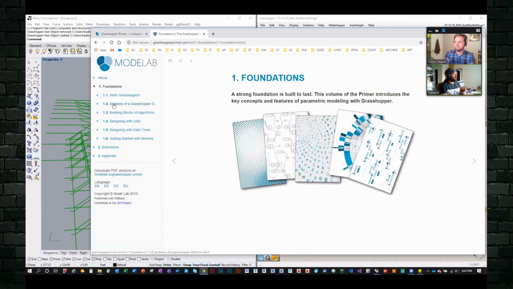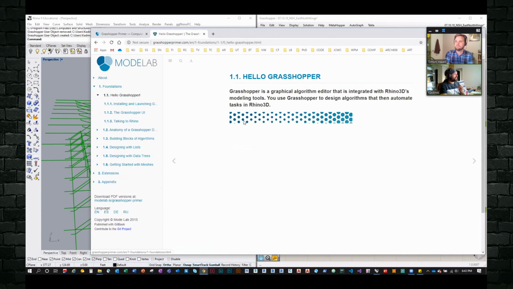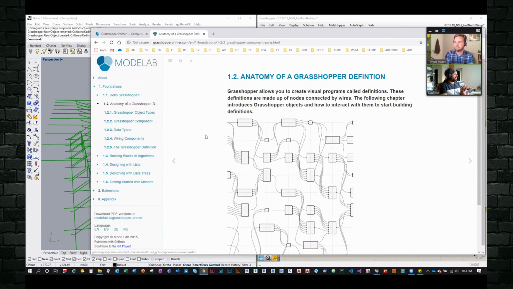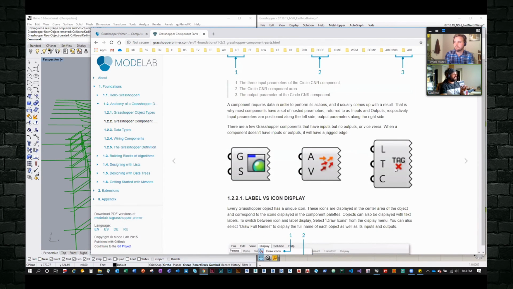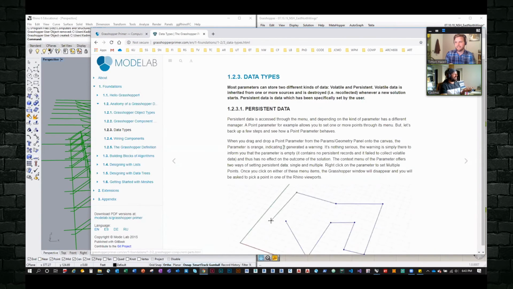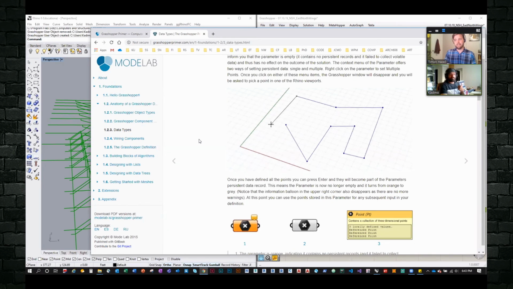If you're still using Rhino 5, but with Rhino 6, Grasshopper comes shipped with it. It goes through one by one: installing it, the anatomy of a definition, what's an input, what's an output, what's in between. This is helpful for everything, independent of whether you're doing engineering, architecture, design, or layout. It helps you figure out how to do Grasshopper altogether.